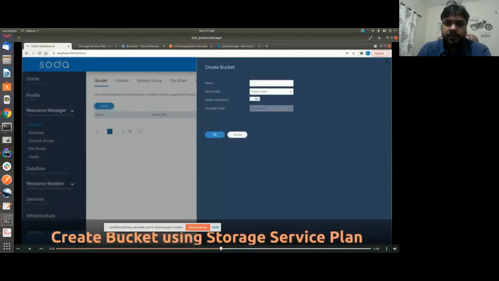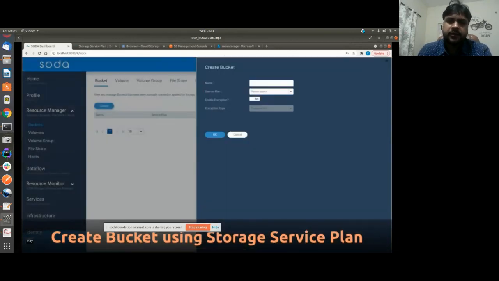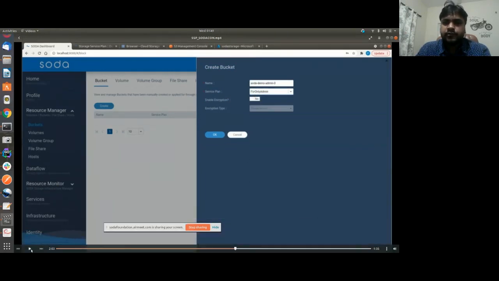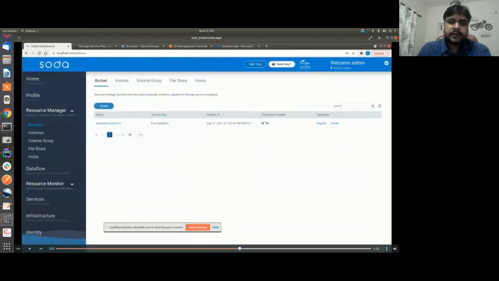Once that is done, you can create a bucket. Admin can create a bucket, and a user can also create a bucket. Here you can see that I'm currently in the admin console only. The create bucket menu will change slightly. For example, along with the name, instead of the backend, the service plan will now be shown. The admin is responsible for each and every service plan, so all the service plans will be visible to the admin. For example, four service plans are visible here. He can pick any service plan and create the bucket.